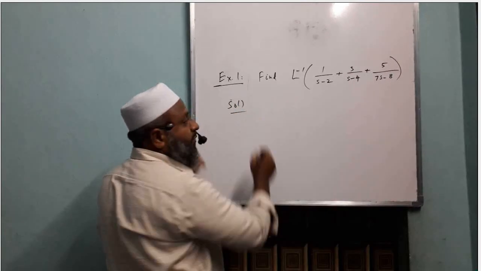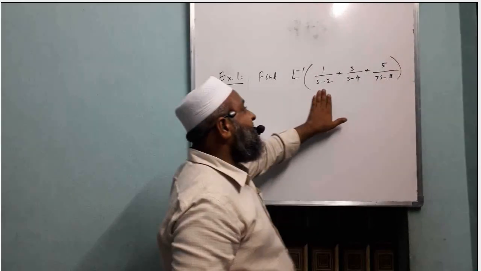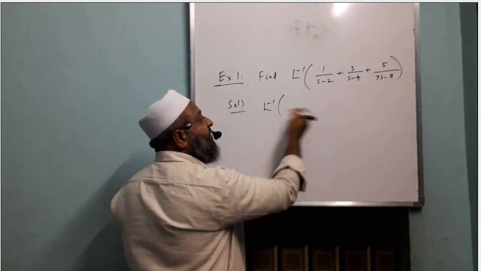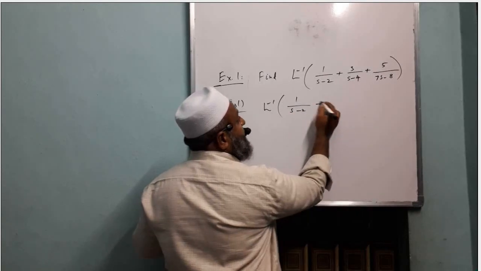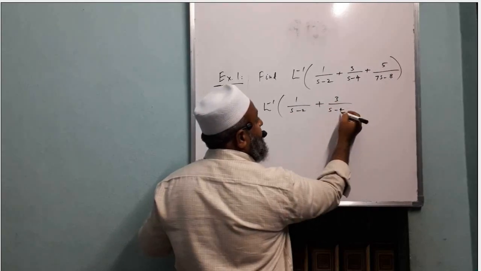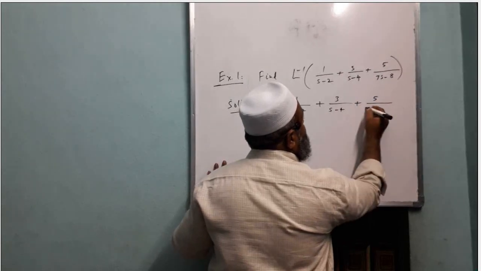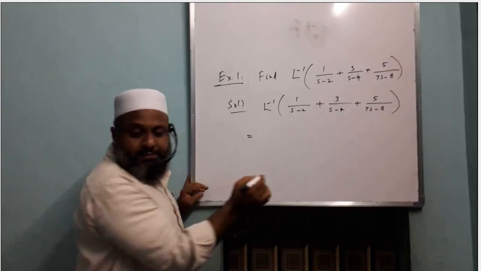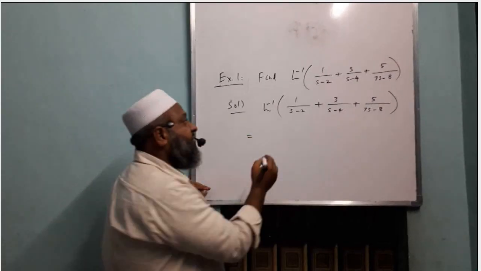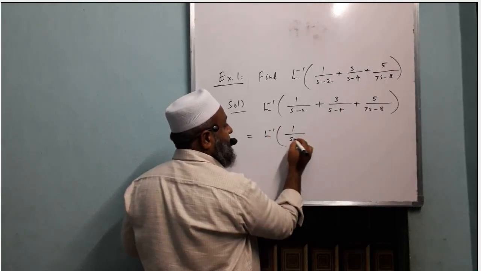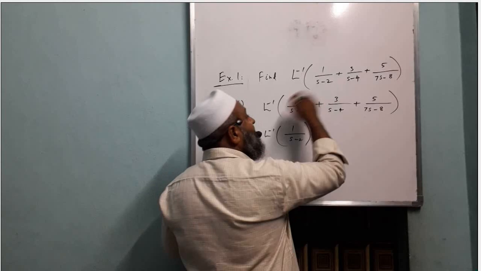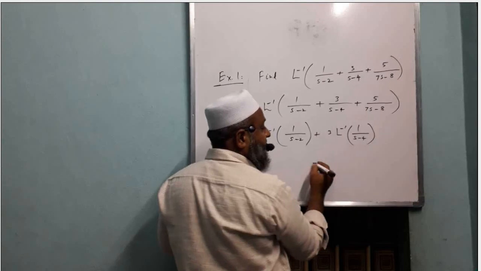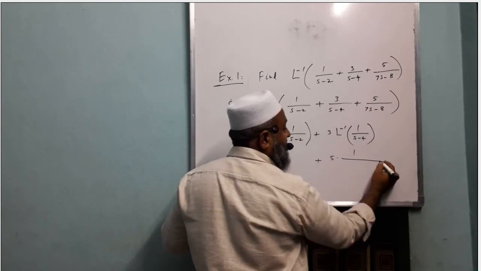Okay, let us see this problem. I have increased the complexity slightly here, term by term. Now as per the linearity property, you can separate it as 1 by s minus 2. First of all I am writing the problem, plus 3 by s minus 4, plus 5 by 7s minus 8. Now if I separate it as per the linearity property, what comes then? L inverse of 1 by s minus 2, plus 3 comes out, L inverse of 1 by s minus 4, and then 5 comes out, L inverse of 1 by